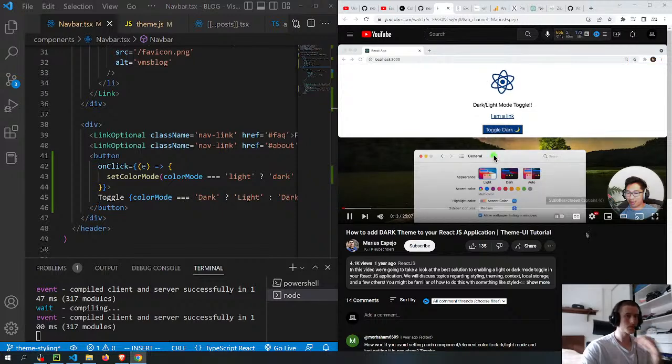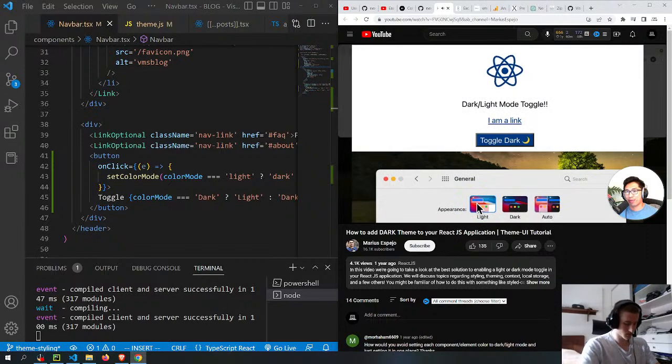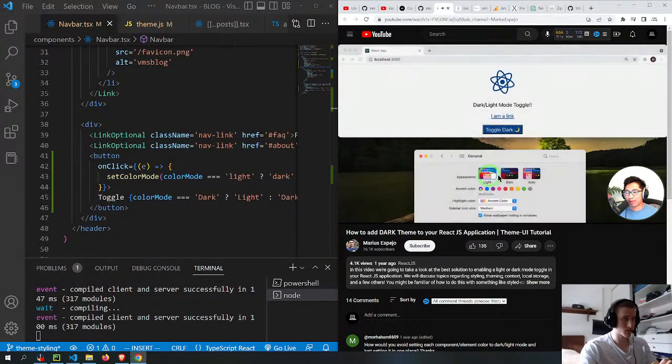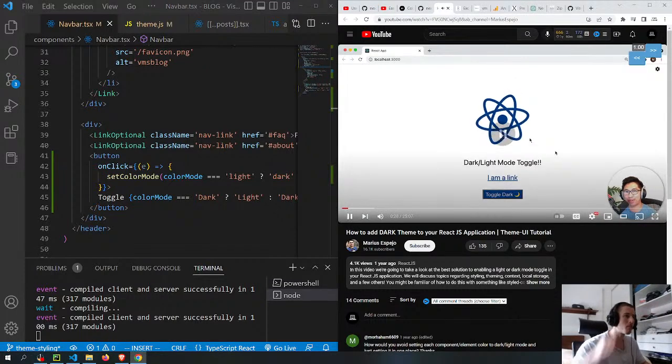Yeah. The special bonus, I'll even show you how to do this so that it responds to your OS settings. So as you can see, I have Mac OS here and it's responding to my selection. Now there's several ways to pull this off, but I think I have the solution here that is the simplest, something that you can spin up